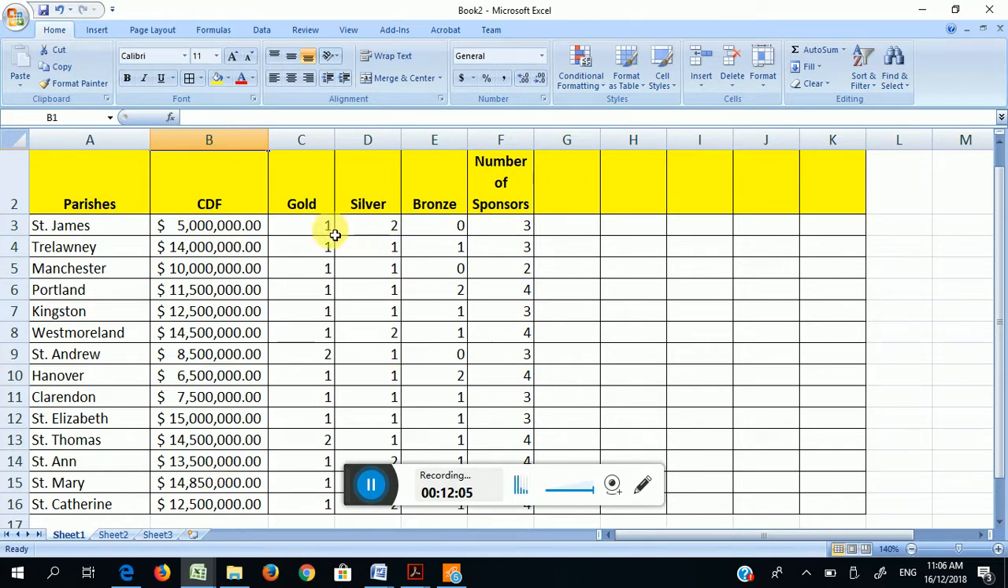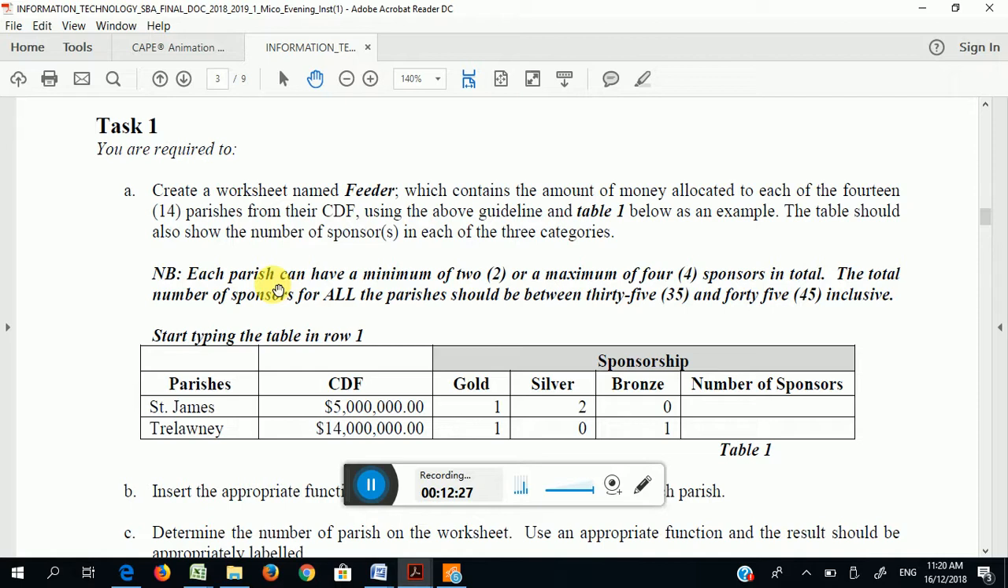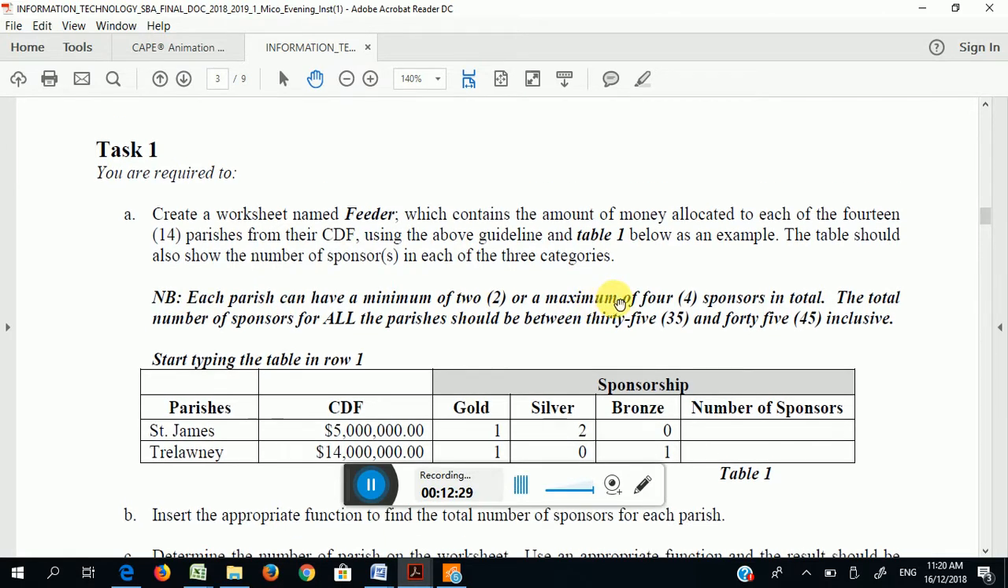The number of sponsors can be more than 4. When you finish, you write the sum formula. Equal sum, open bracket, C3 to E3. Dollar sign before the column because you're copying it downwards. And finish up that. Bottom is the question told you that the number of sponsors here, each parish should have